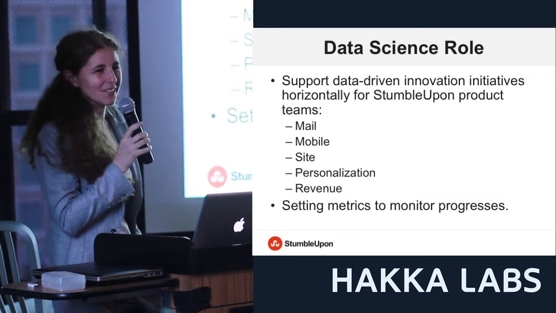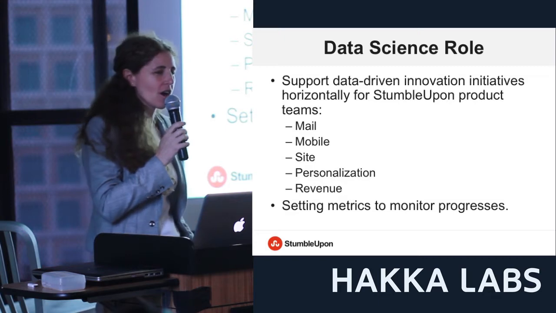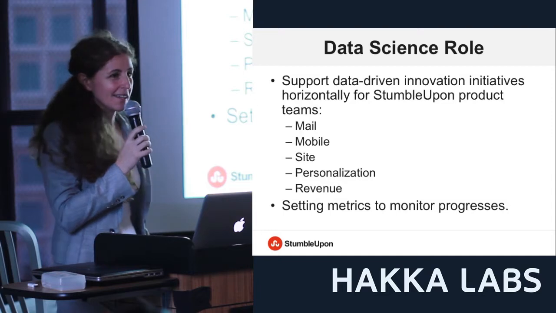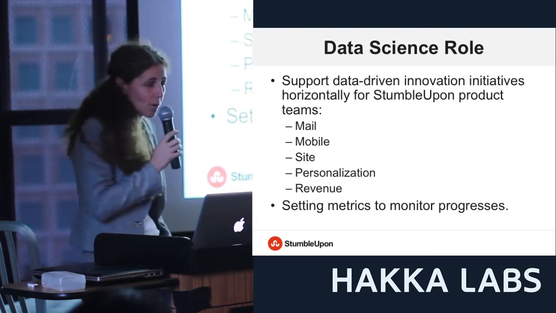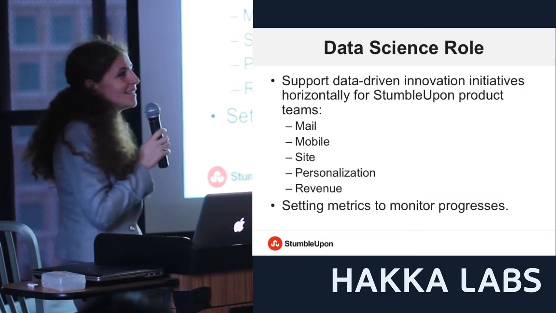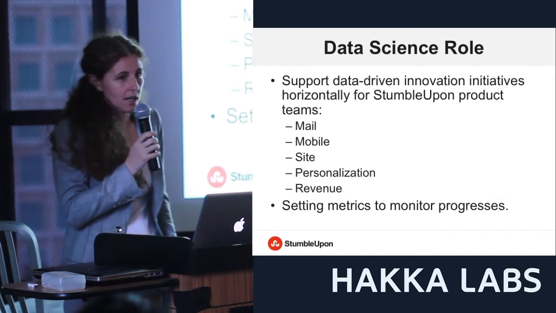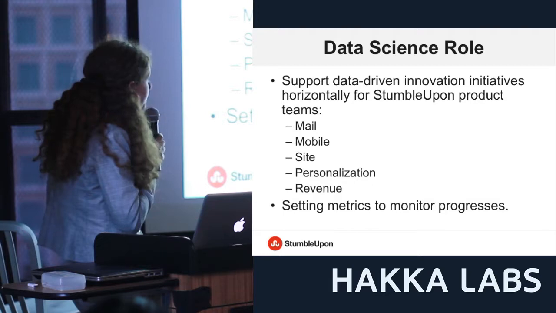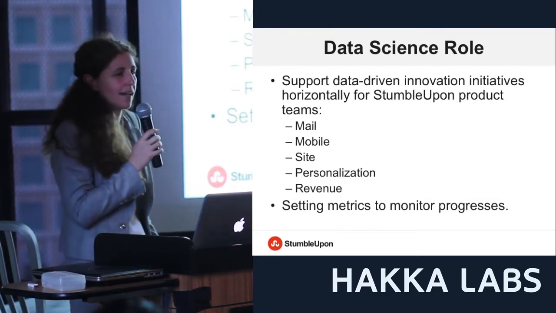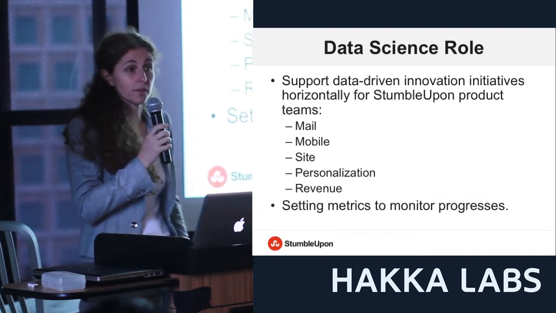No, it's 3 people plus an analytic engineer who is in charge of the data pipeline. 3 people who need to support data-driven innovation initiatives horizontally for all Stumble products. And when I say Stumble product, I mean mail, mobile, site, personalization, and revenue. And we are able to do it with, I would say, good results.